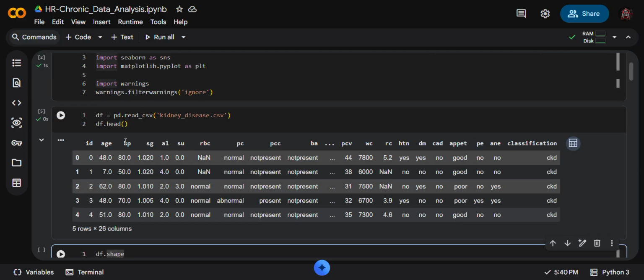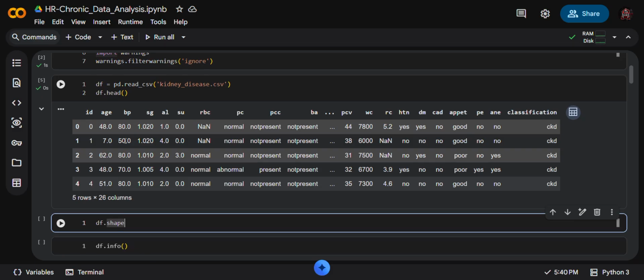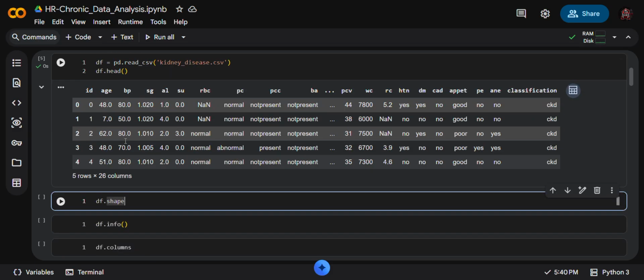Many times we have seen "df is not defined."